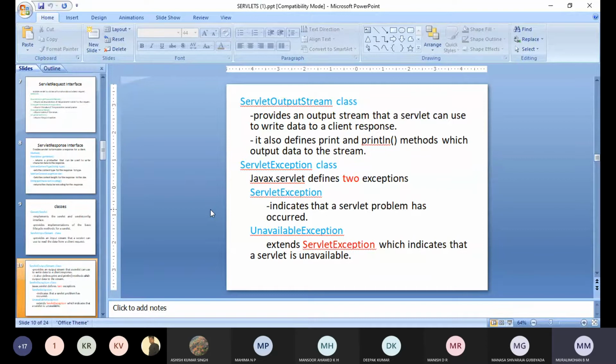Next, ServletException class. This defines two exceptions. One is ServletException, the other one is UnavailableException. When we get ServletException, this indicates that a servlet problem has occurred, meaning there is a problem either with the init, service or destroy method.